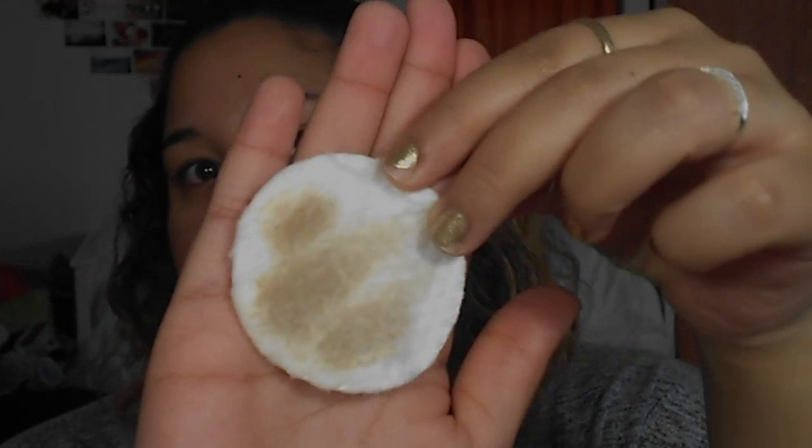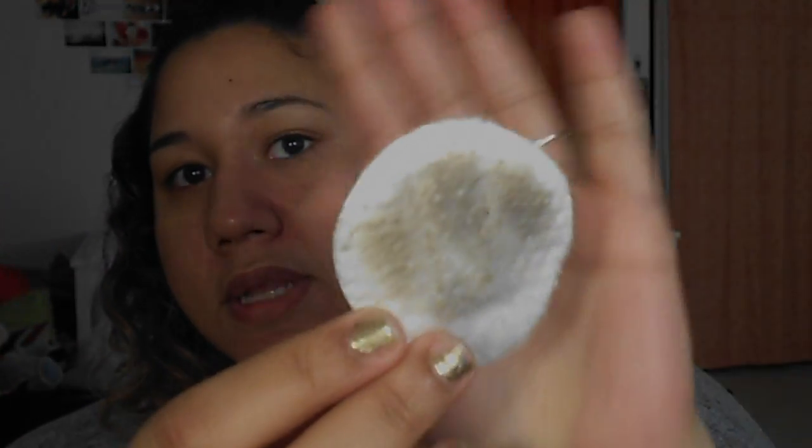So, if you can see, there is quite a bit of residue from the Garnier one. As I said, it obviously didn't get everything out, but let's compare that to the Boots Micellar Water. Yeah, that definitely had a lot more stuff left over on my face. You can see. So comparing, this one is the Boots one, and that is the...